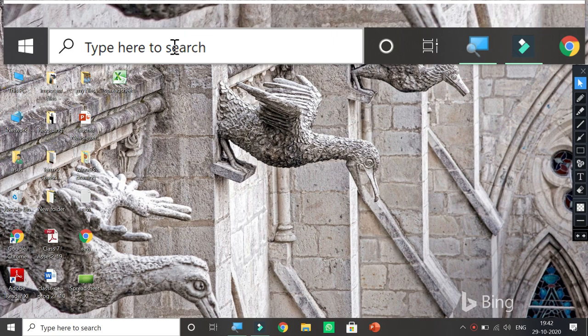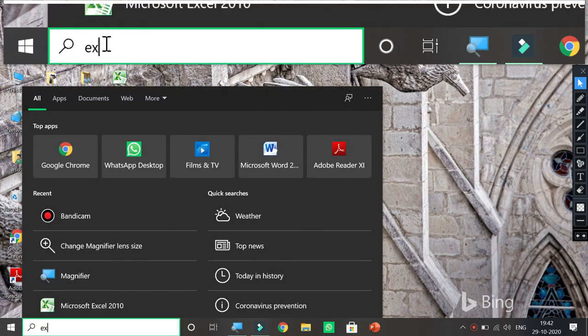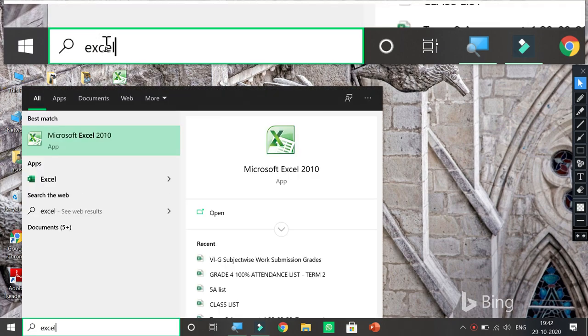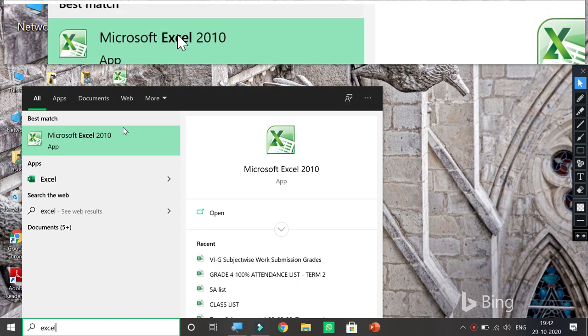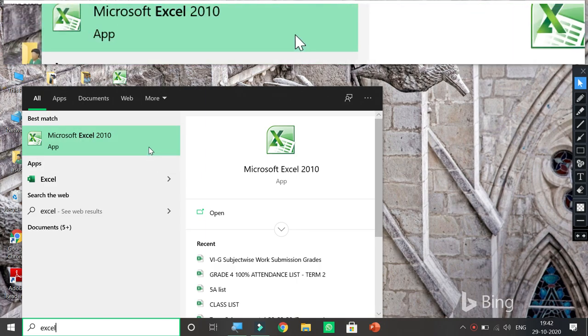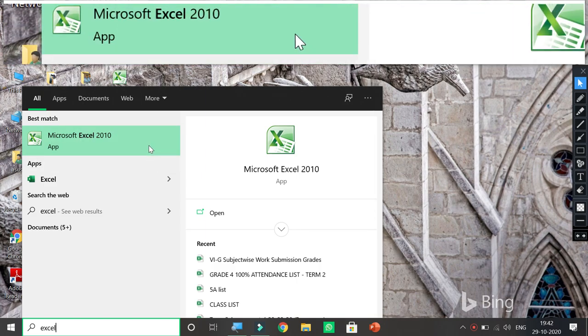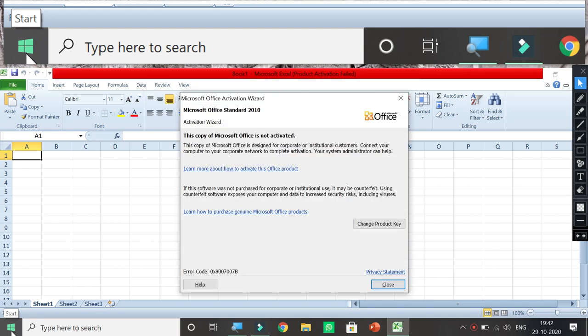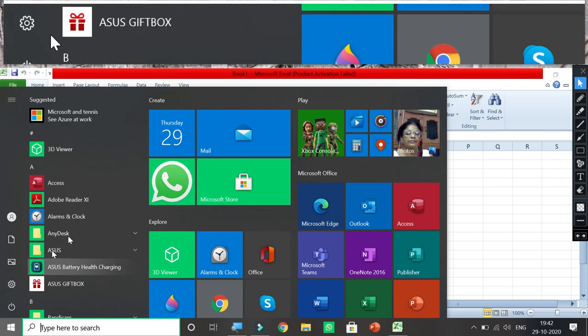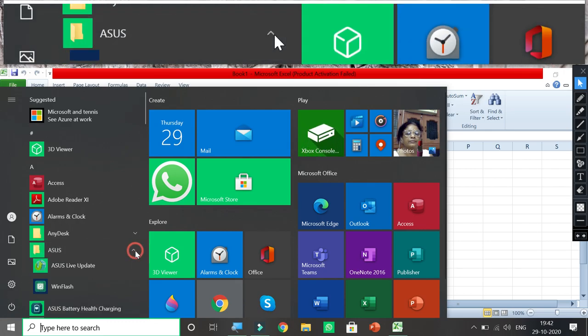So just now I'm typing Excel in the search box. As soon as I type Excel here, you can see it in this pop-up menu. Microsoft Excel 2010 is appearing. You can click it, or you can click on the Windows button and find the Microsoft Office